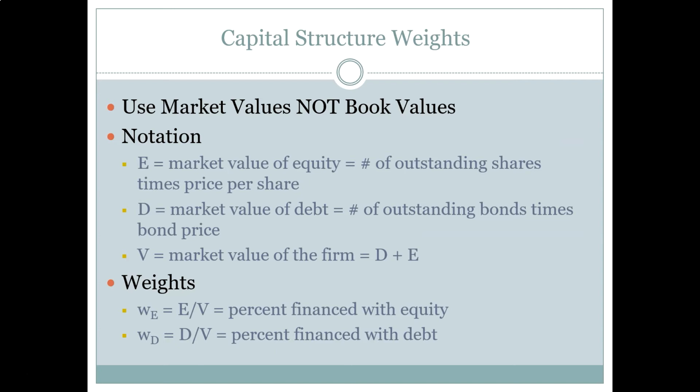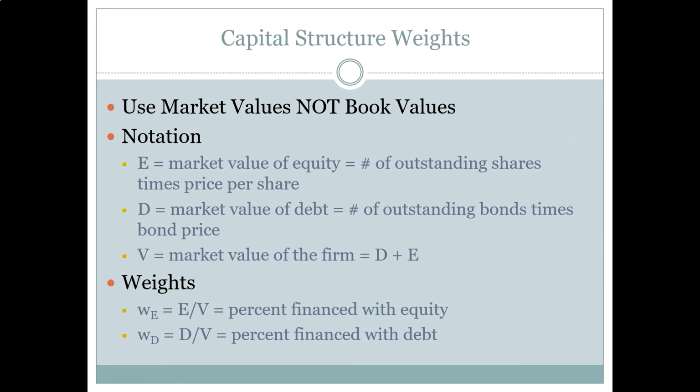For debt, that means it's the number of outstanding bonds. And remember, individual bonds are only worth 1,000, right? They have a face value of 1,000. And the firm might have thousands of those outstanding bonds. So again, we're just looking for the number of publicly owned bonds from investors outside the firm. We multiply that by the market price of the bond. The total value of the firm is then the market value of debt plus equity. And if we have preferred shares here, it's the number of outstanding preferred shares times the price per preferred share. And then the market value of the firm includes a third term here for debt plus equity plus preferred.